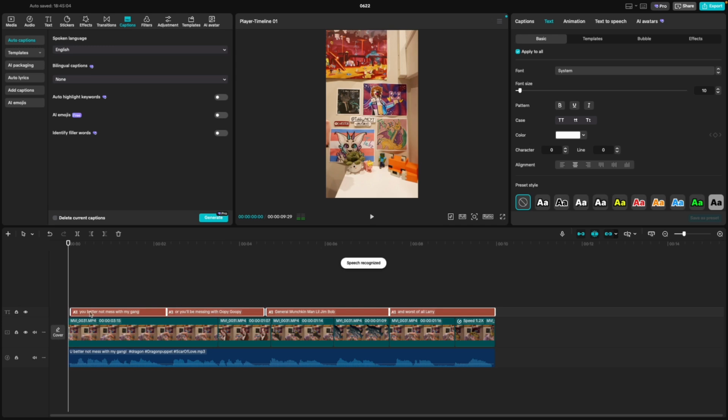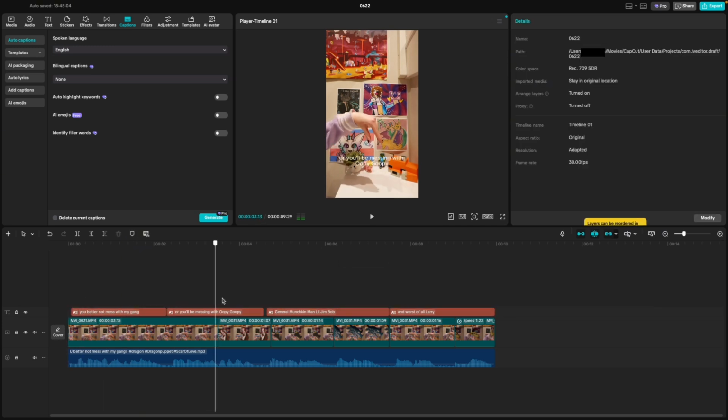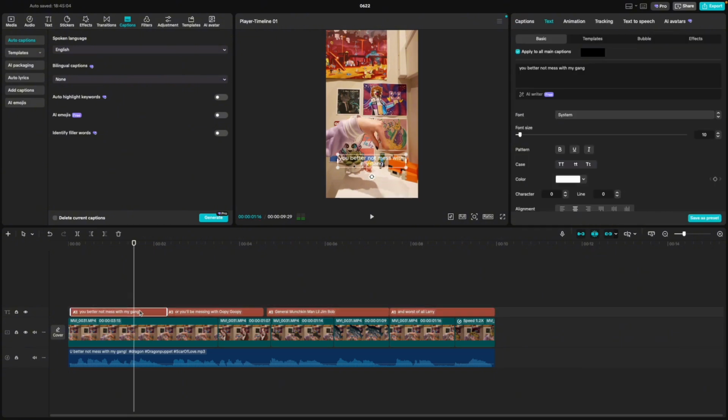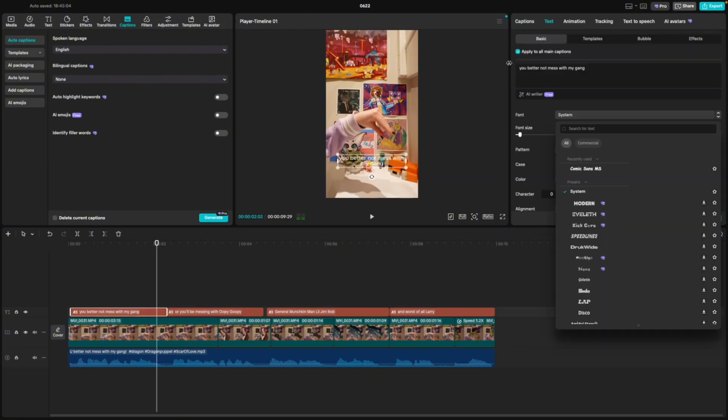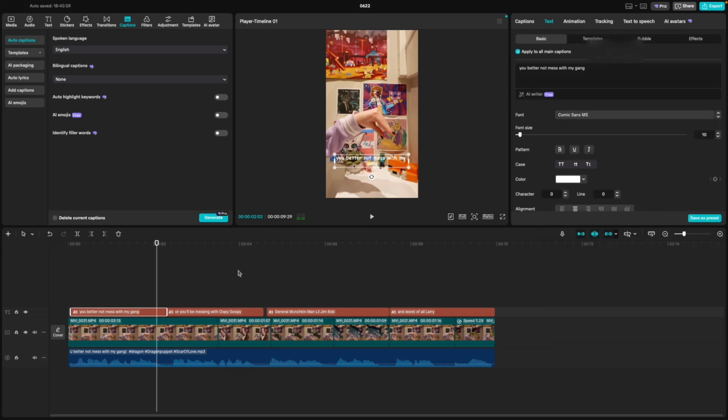There we go. And then it will recognize the speech for you. This is an absolute lifesaver. It doesn't always get everything right, so you'll still have to go around and fix stuff up, which still takes quite a while, but it's a real lifesaver if you're editing long form videos and want to have captions in there. And another thing that's great about captions is that you can apply the same thing to all of them,